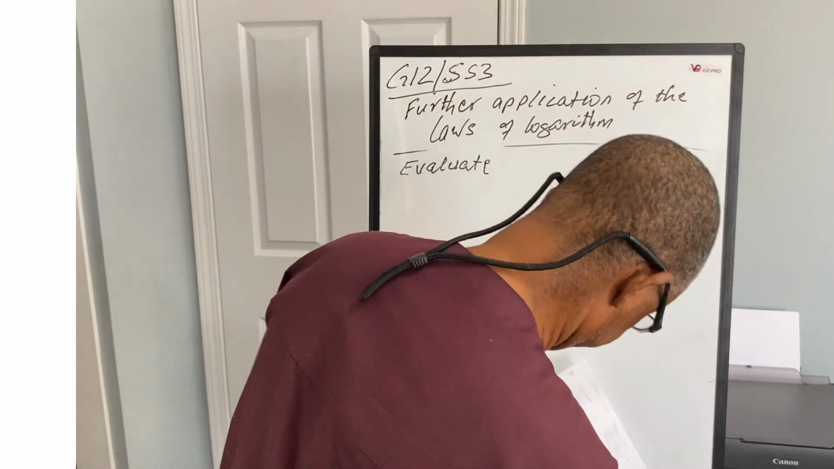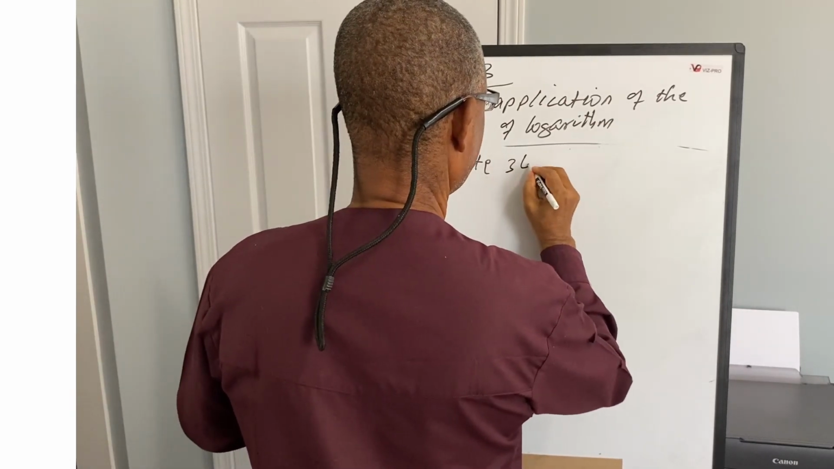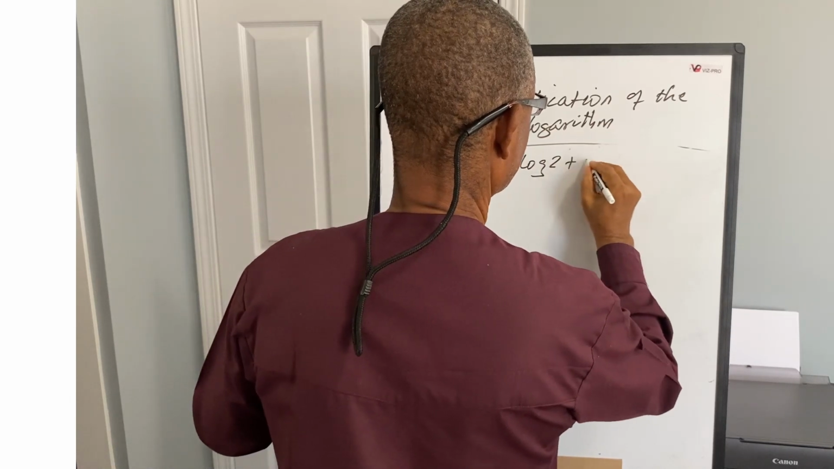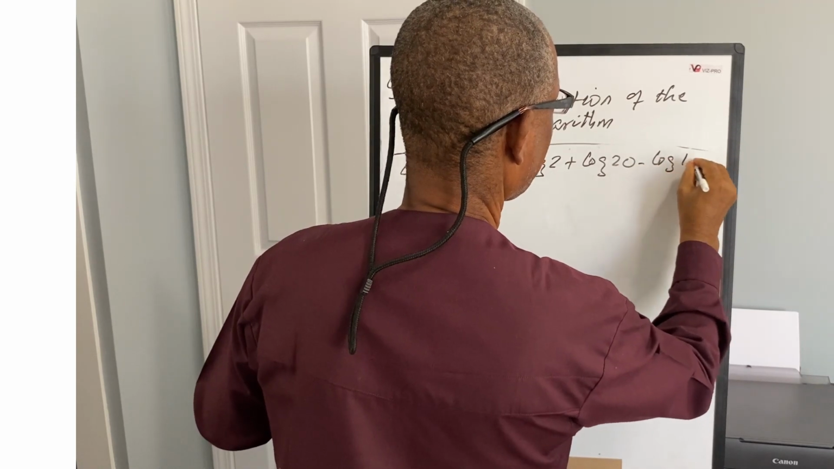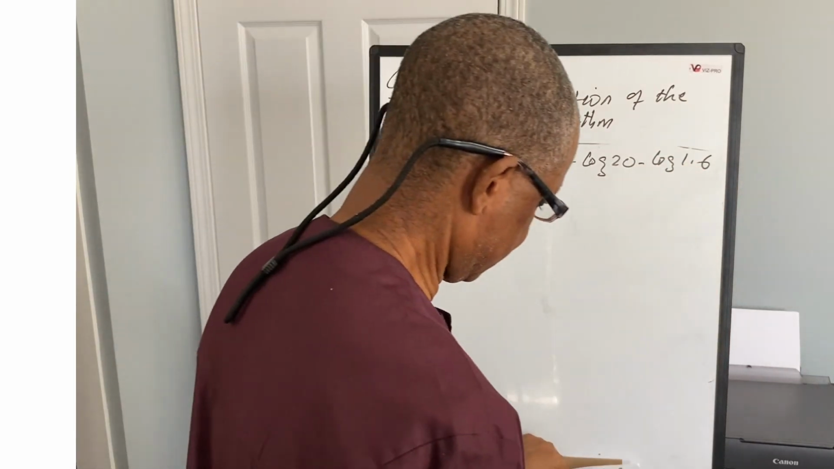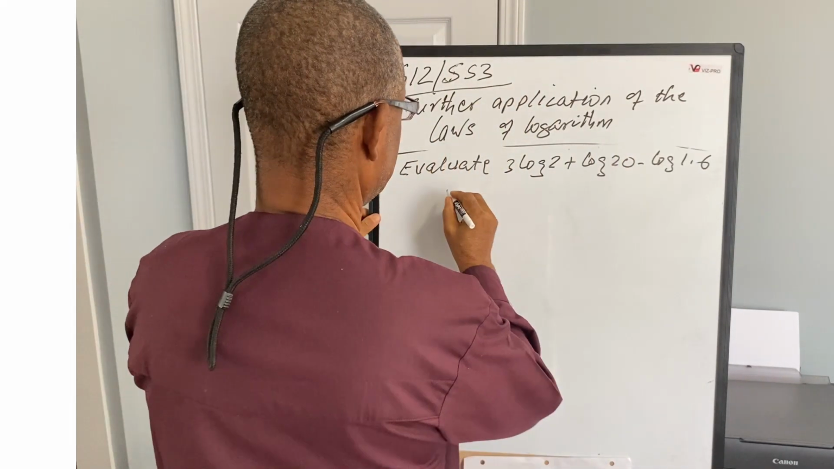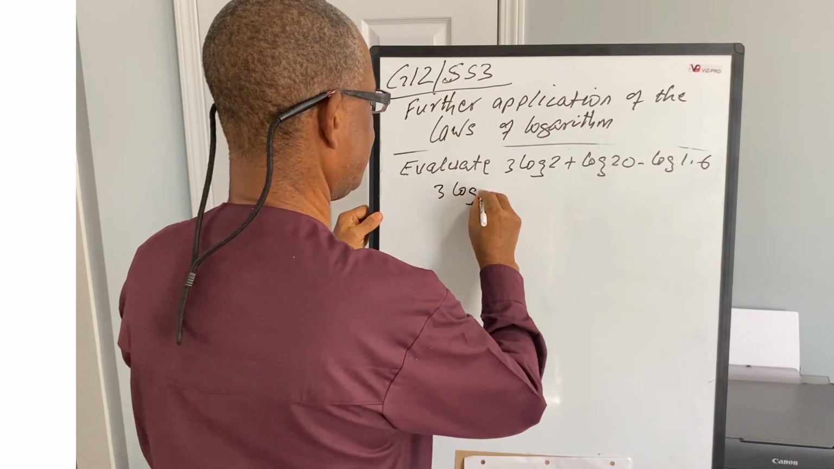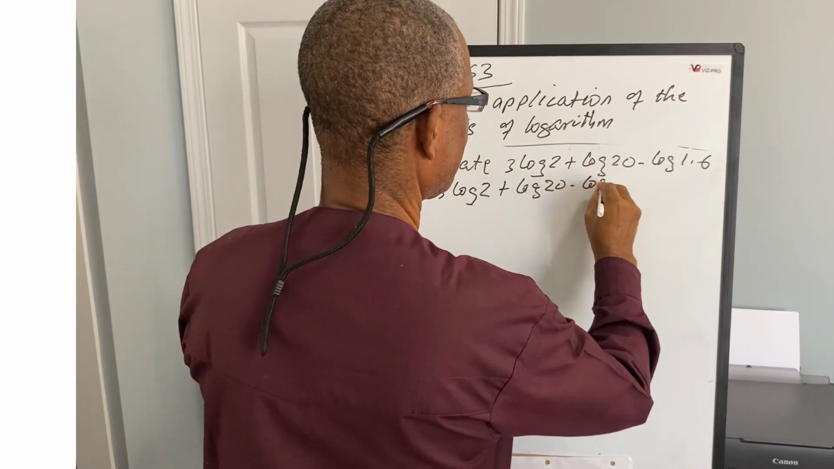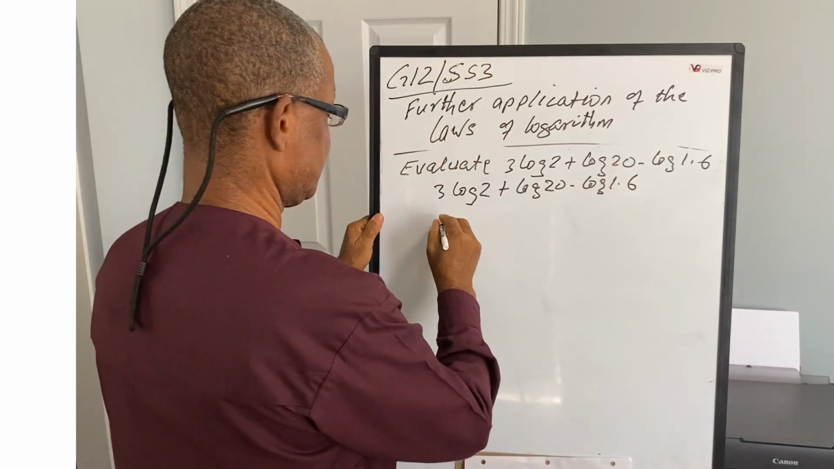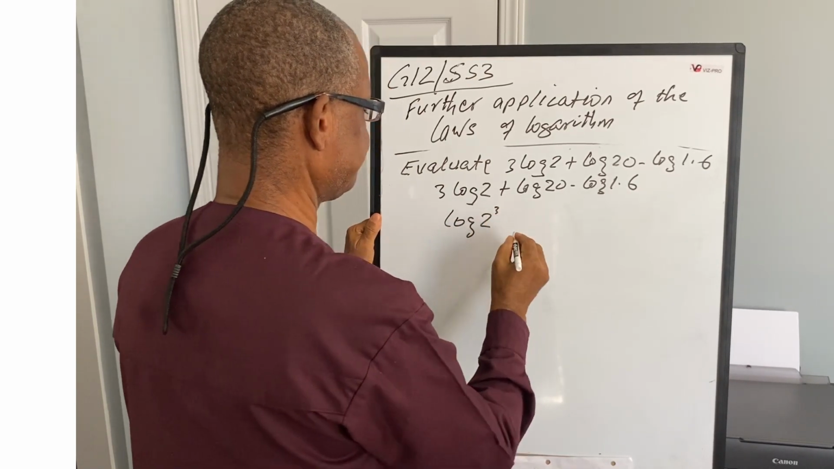The following logs: 3 log 2 plus log 20 minus log 1.6. We're expected to find the value of this. So 3 log 2 plus log 20 minus log 1.6 will give us log 2 raised to power 3